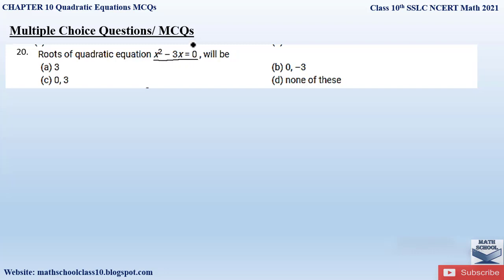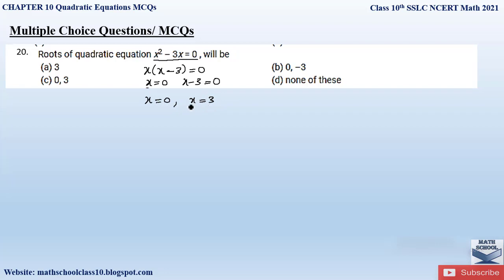Given quadratic equation, here you can observe that the constant is not present. So here we can just simplify the equation by taking the common x value. Okay, so if you take x from the first term, x is left behind, minus 3 is left behind, equal to 0. So here we can equate each of these terms to 0. We can write x as equal to 0 and x minus 3 as equal to 0. So therefore our first root will be x equal to 0, and by sending this minus 3 through the right hand side we will get x is equal to plus 3. So here we got two roots, that is x equal to 0 and x equal to 3.